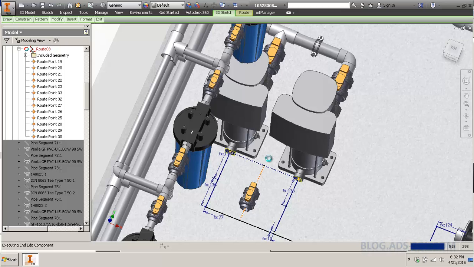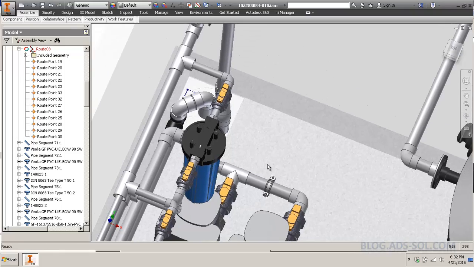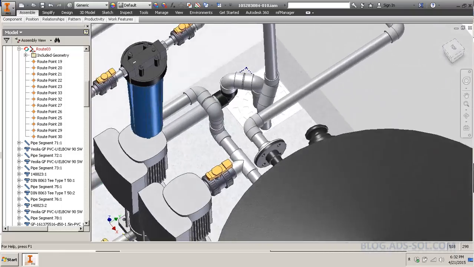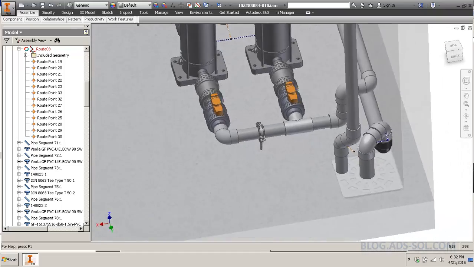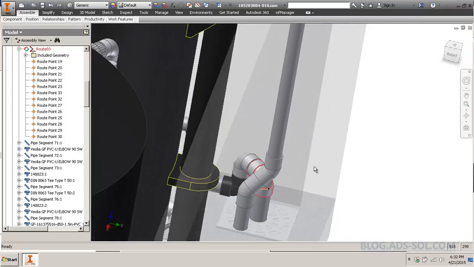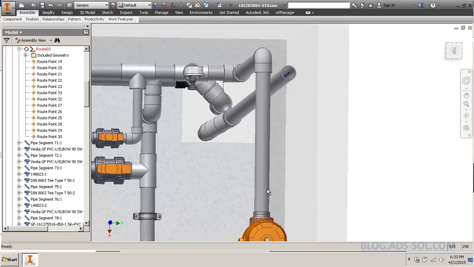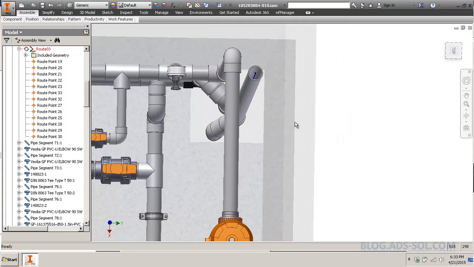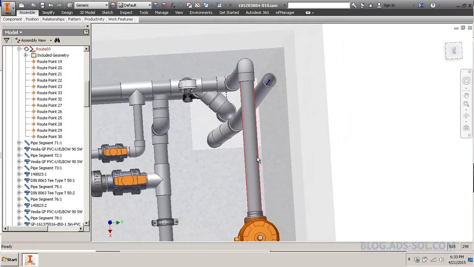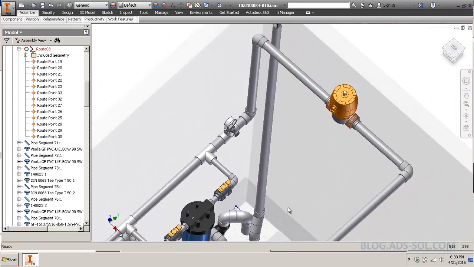Show me another case. Another case would be when you need to draw a root at a weird angle and you need to dimension it as well. What do you mean by weird angles? Let me just come here for a second. This is a 2-inch drain pipe coming down, and say I wanted 45 degrees from the wall, or 30, or any weird angle. How would you do that? Because you cannot